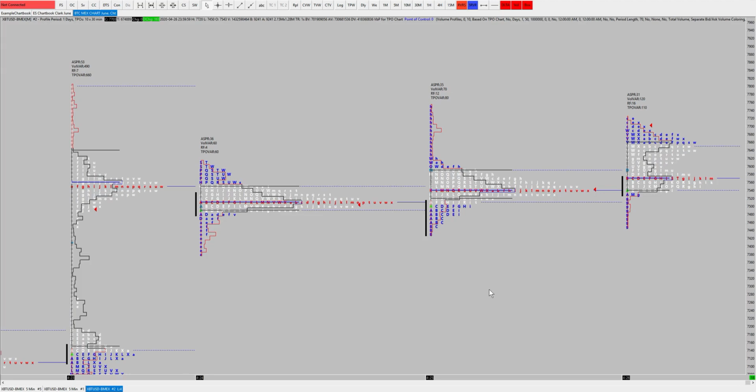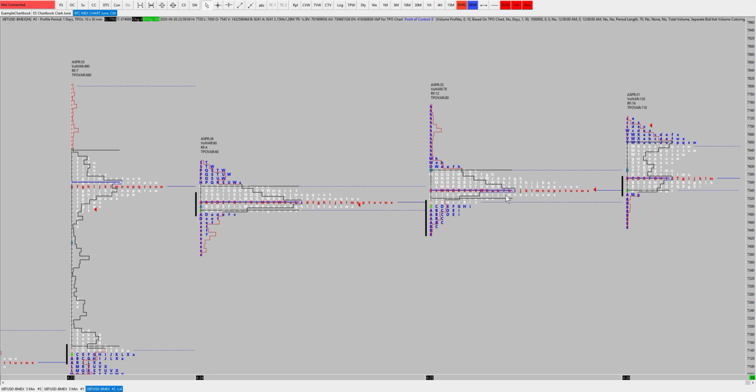All right, so the first thing that we need to go over is the tool that we're going to be using. So the TPO chart. So when you're using market profile, you're using a TPO chart, and TPO stands for time price opportunity. So the setup that I have right here is the exact setup that I'm going to be using when I'm trading cryptocurrency. It's also the same setup I'm going to be using when I'm trading any traditional assets using this